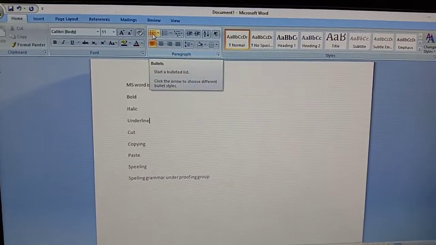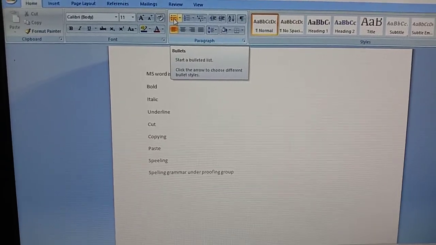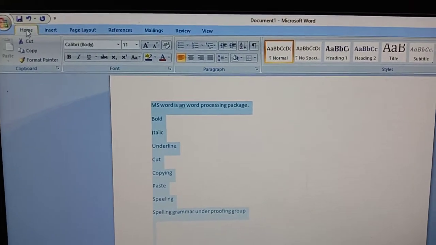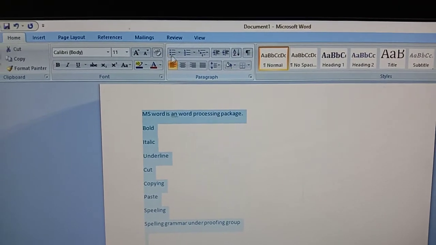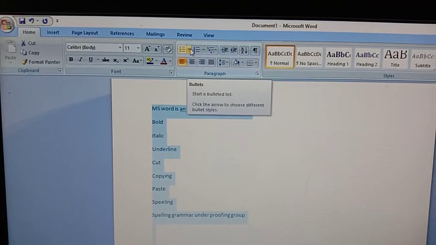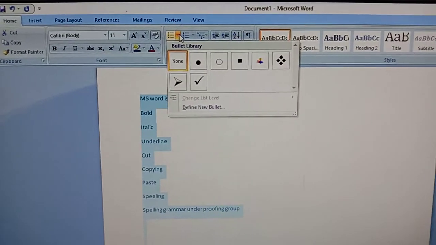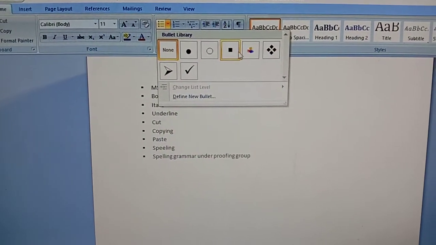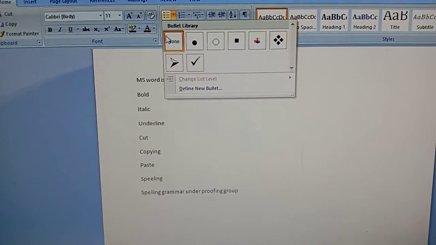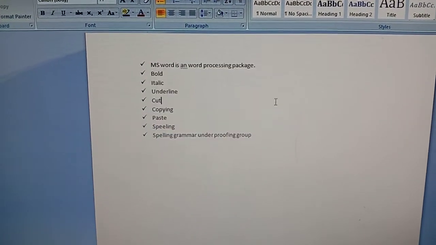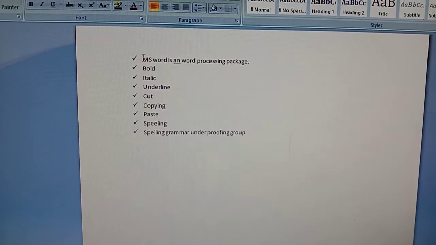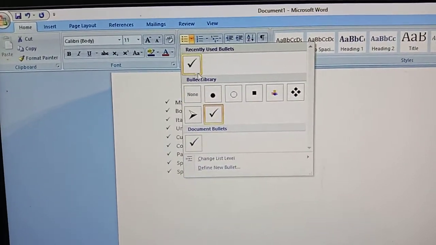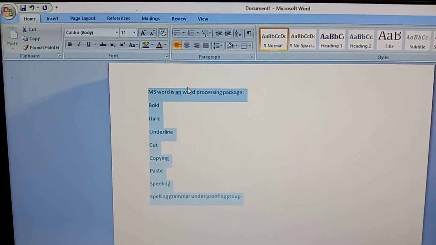Next I am going to explain the bullets and numbering concept. Before applying bullets and numbers, you just select the text. In the Home tab, in the same paragraph group, you have bullets also. You just click this drop down list and you will get a number of bullet icons. You can apply any bullet shape. In case I have applied a bullet to my current document and I need to remove it, select the text again, go to the bullets group and click on None. So the bullets will be removed.